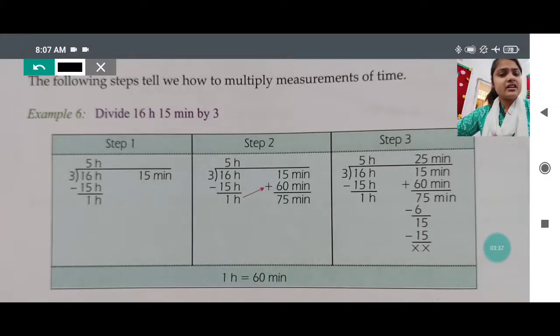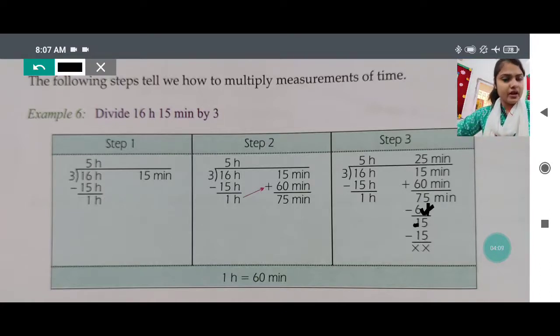So when I am reading the table of 3, 2 times, so 3 1s are 3, 3 2s are 6. So 6 I will write just below 7 and I will subtract. I will get 1. Downside I will write. After that I will take 5 down. Okay, 5 I will take down and here you will give an arrow. Okay, 1 was left now after subtracting 7 minus 6. So 1 is not going to be divided by 3, so we will take 5 down. Again we will read, now it is 15.